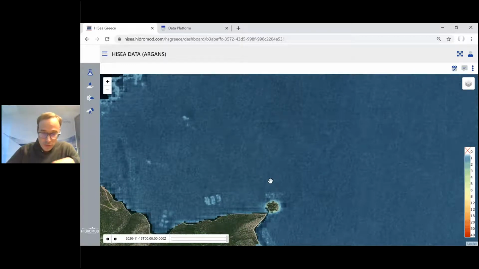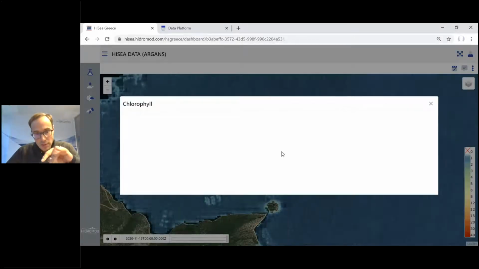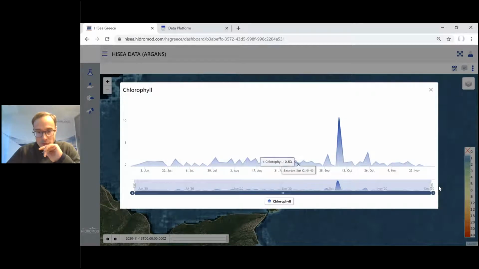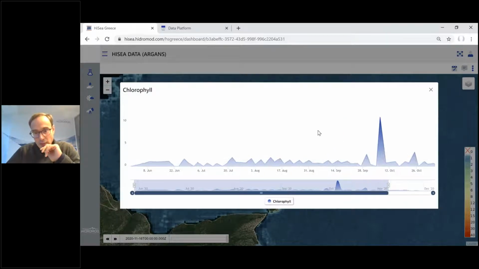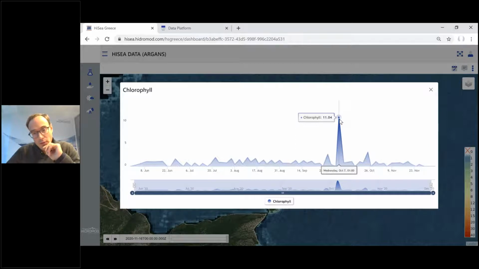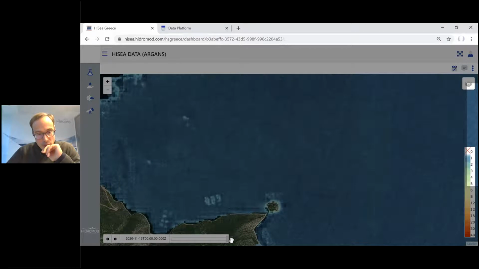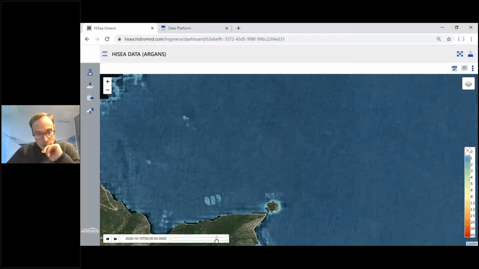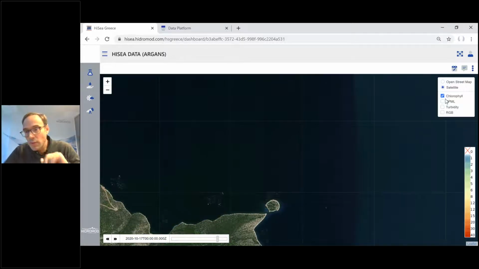What we are looking at is one of those dashboards that I mentioned earlier on. This is just a gadget. I'm using it as an example, but it could be integrated into a much more complicated dashboard. You can extract data at any point. You can see, for instance, that there was a high value of chlorophyll here on October 17th. So if we move here to October 17th, you can see, maybe I selected the wrong one, change here to